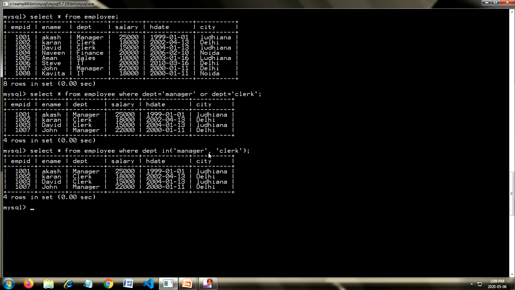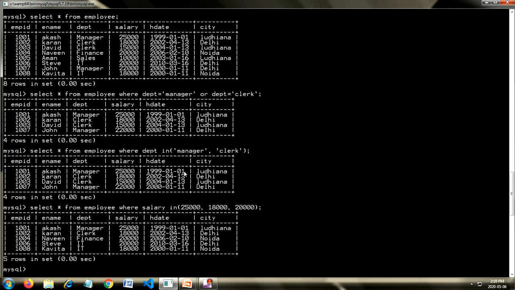Suppose I want to see employees whose salary is 18,000 or 20,000. So remember, we cannot give a range, we have to give the exact values only. So simply here I can write WHERE salary IN, and write down the specific values whose records you want to see, the employees whose salary is 25,000, or 18,000, or if you want to write more, you can write any value, 20,000.